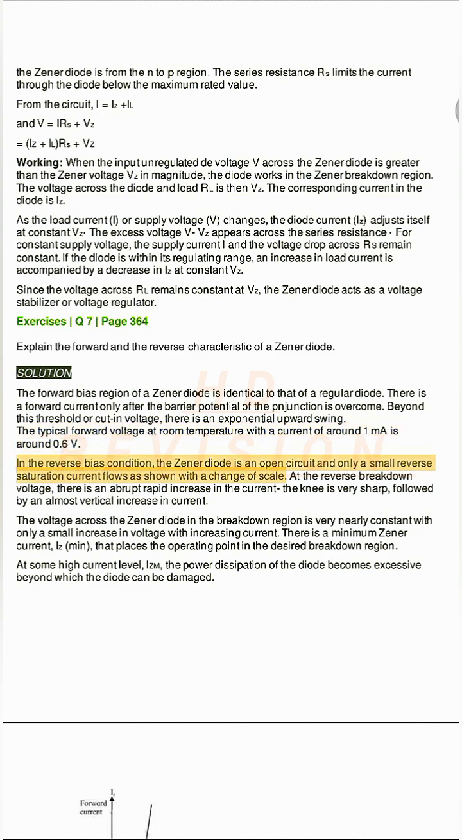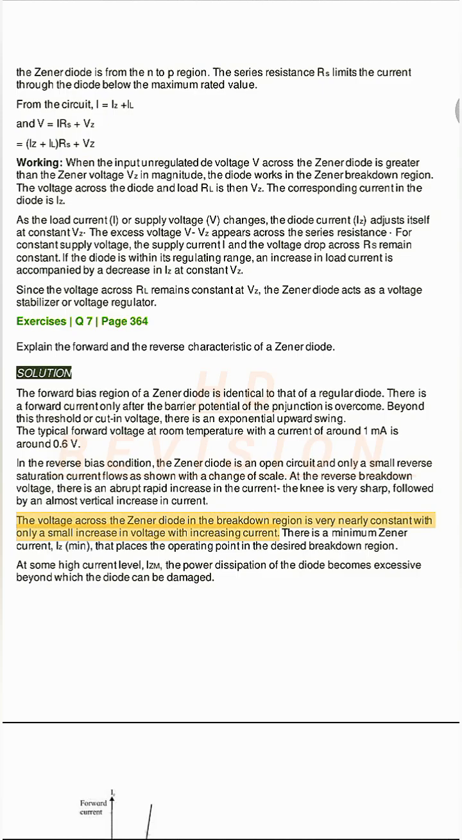In the reverse bias condition, the Zener diode is an open circuit and only a small reverse saturation current flows, as shown with a change of scale. At the reverse breakdown voltage, there is an abrupt rapid increase in the current. The knee is very sharp, followed by an almost vertical increase in current. The voltage across the Zener diode in the breakdown region is very nearly constant with only a small increase in